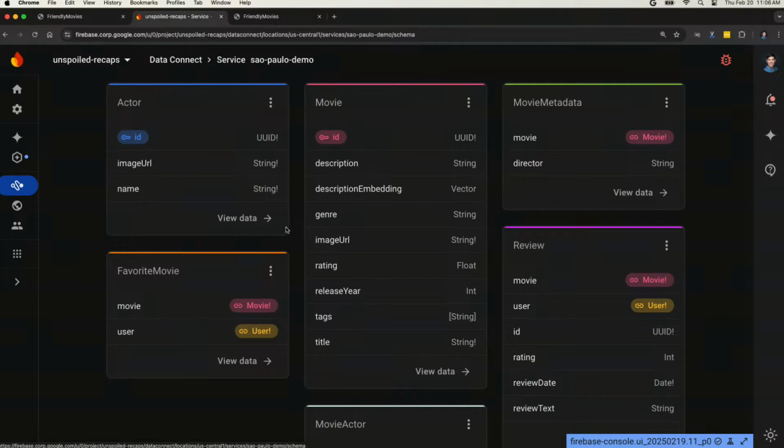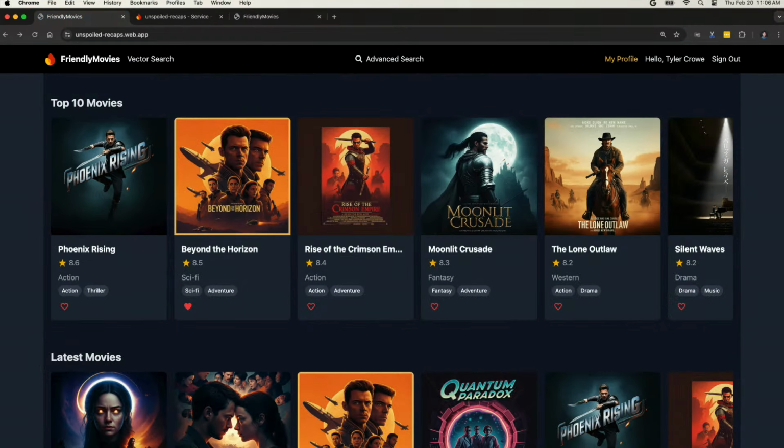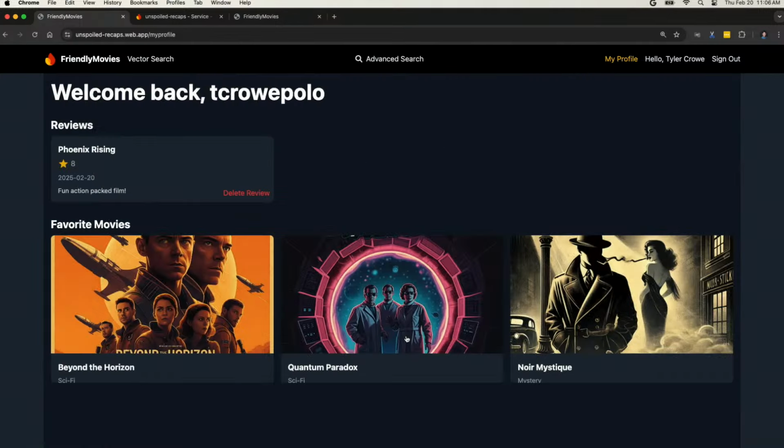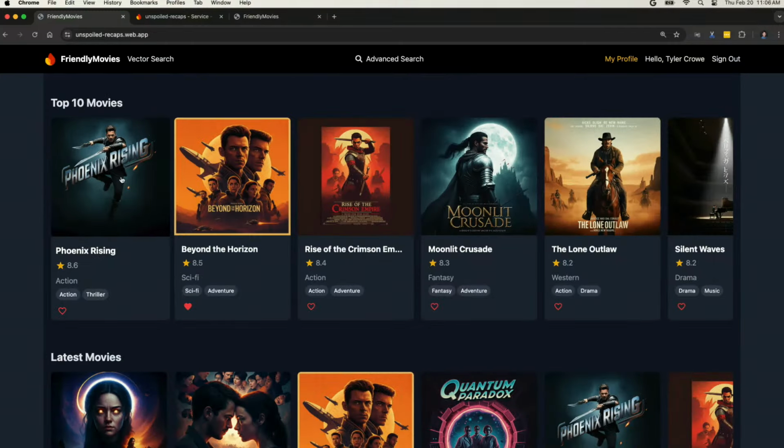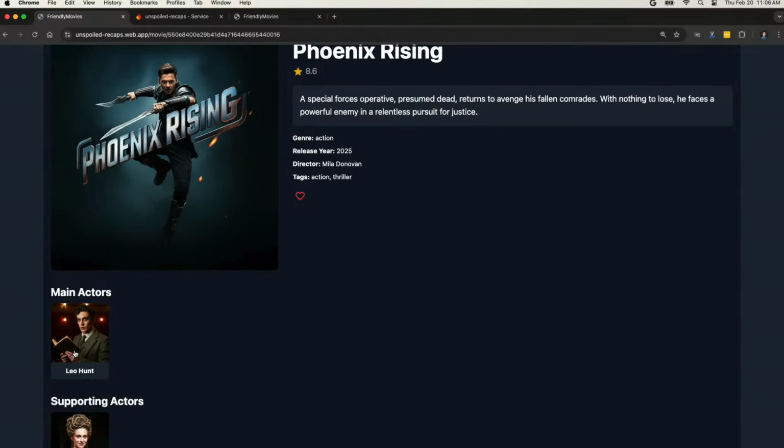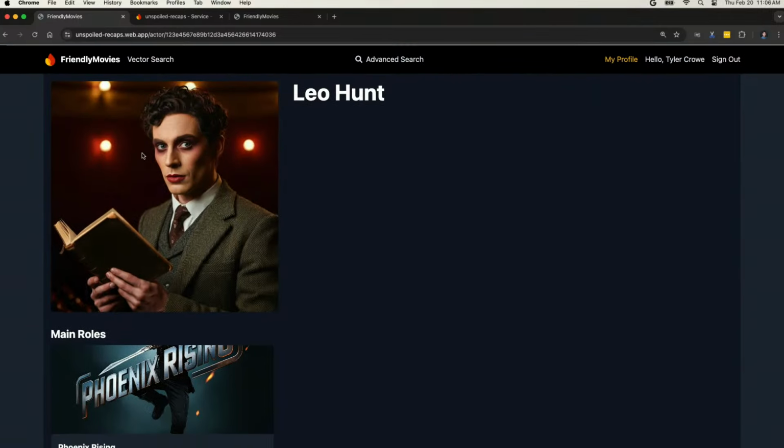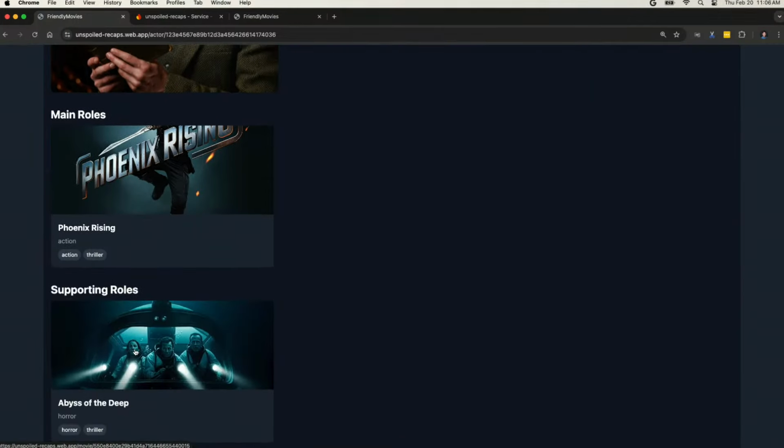You'll notice the app that we're building, I'll give you a little sneak peek. This is my deployed production app, a movie review app. So I can log in, I can leave reviews about my movies. If we go over to my profile, I have even favorited movies. I've left a review for one of my favorite movies. I can pop into movies. I can check out what actors are associated with the movies and what other movies they've been in.